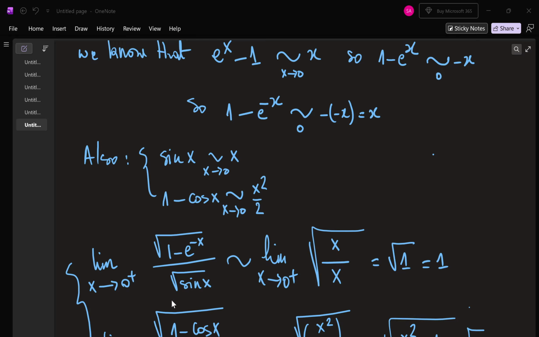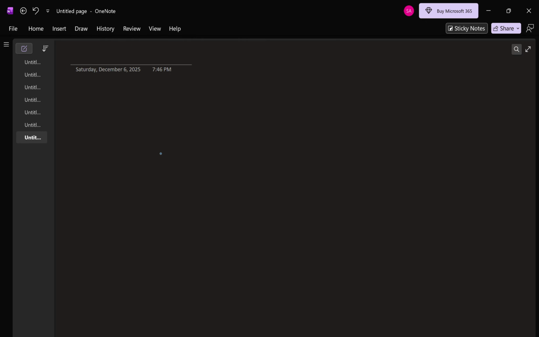So now we will pass to the second one. The next one is 3. Calculate the limit when x goes to 0 of x times the floor function of 1 over x. So how will we do this? We have